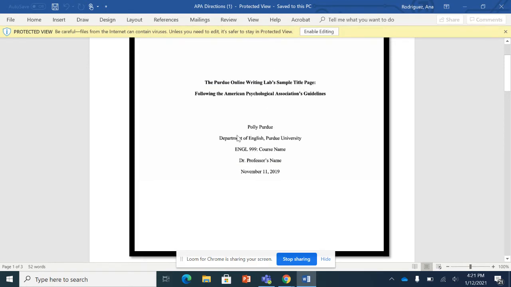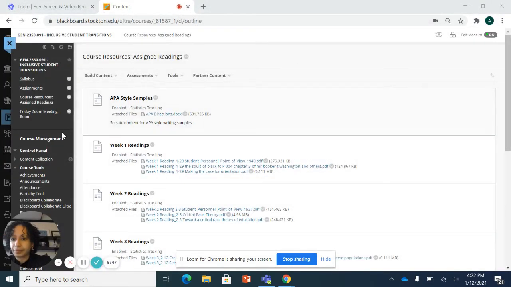Your name will go here, then double space. This is the Department of General Education, Stockton University, Gen, course name, Inclusive Student Transitions, Dr. Edmondson, and the date the assignment is due. Okay, so there you have that.